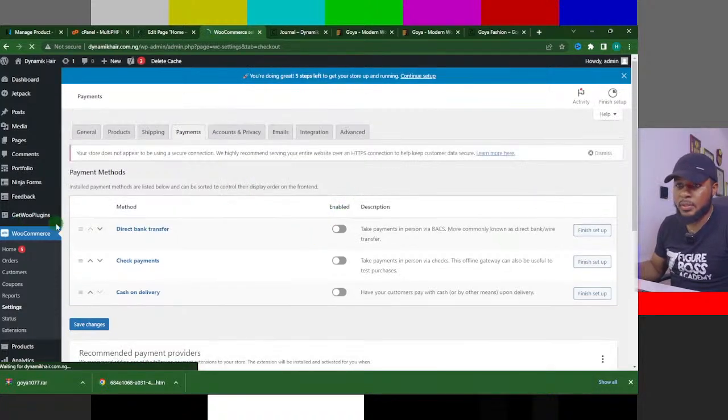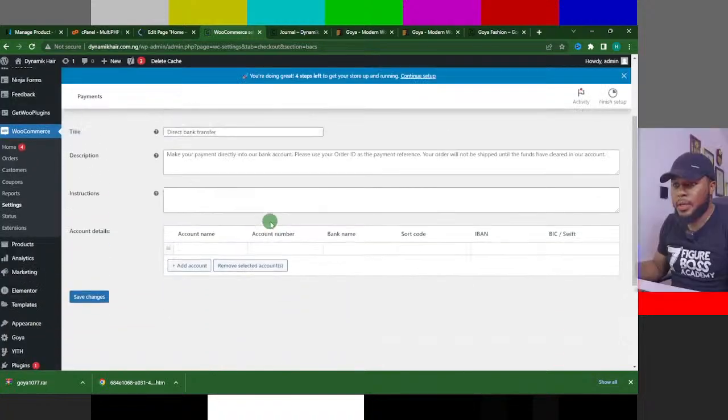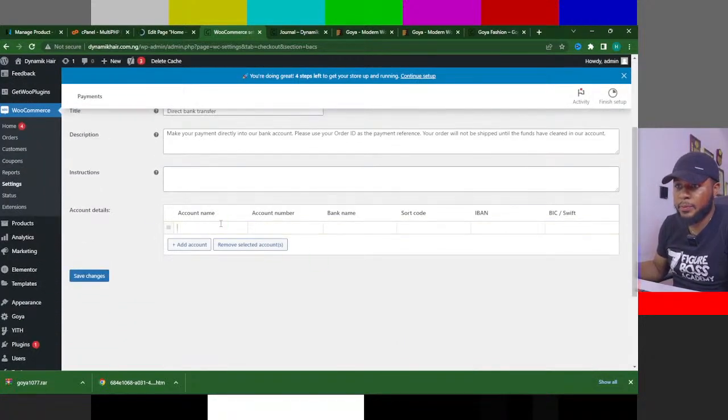So the payments, you can set up direct bank transfer. You highlight this direct bank transfer, and then you click on finish setup. Here you have the account number where you put the account number. You can put multiple account numbers here. Then you come here. Okay, sorry, account name,